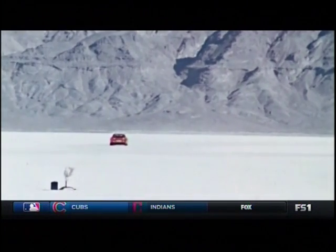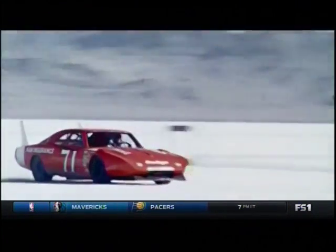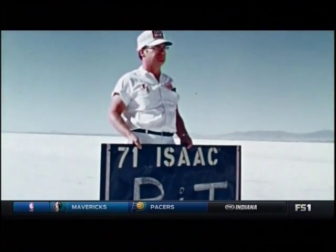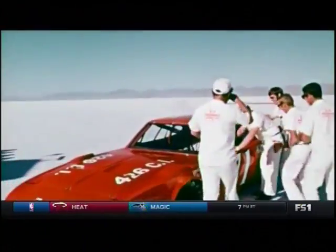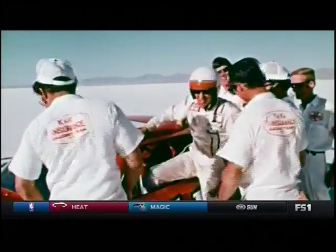Bonneville was actually the culmination of several things all happening at the right time. So you've got this perfect car, the Dodge Charger Daytona. It's the most aerodynamic car Detroit's ever built. The car is tuned and handled by Harry Hyde, one of the greatest crew chiefs in NASCAR history. And behind the wheel, you've got Bobby Isaac, who's one of the greatest drivers in NASCAR history, particularly on a surface that's similar to dirt. So when all of this comes together at Bonneville,